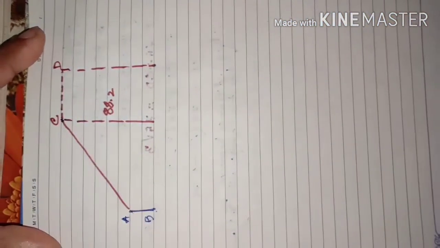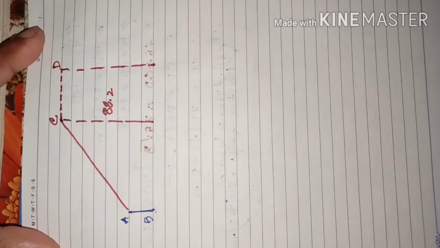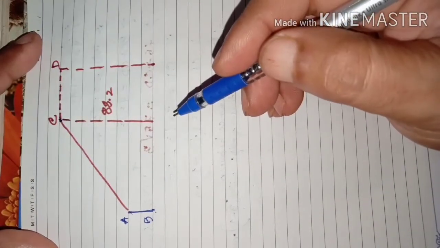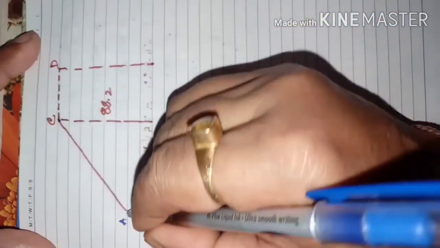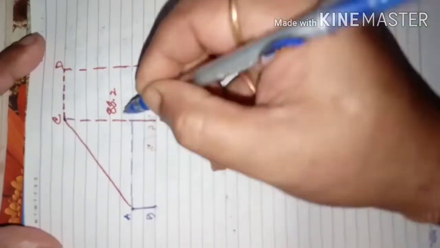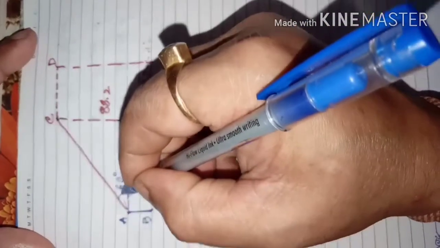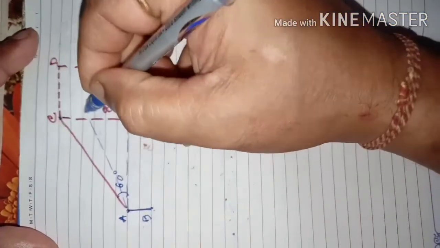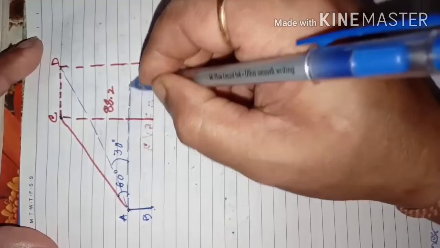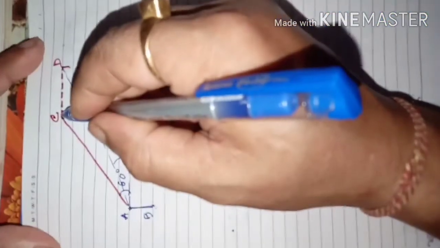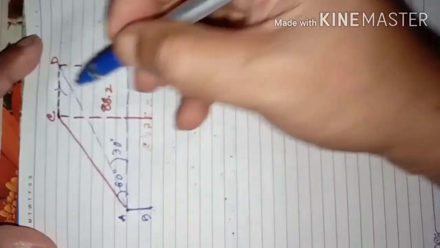But the angle of elevation is changing from 60 degree to 30 degree. Before, at the eye of the girl, this angle was 60 degree. Now the angle reduces to 30 degree, meaning now this is the angle of elevation. So the situation is just like this. That is, the balloon has moved from C to D. Now we are asked how much distance the balloon has moved. We have to find out this length CD.